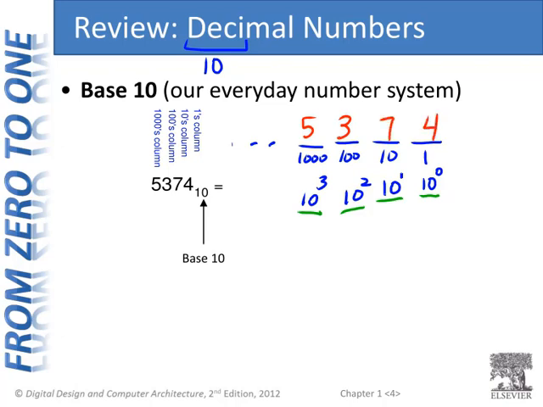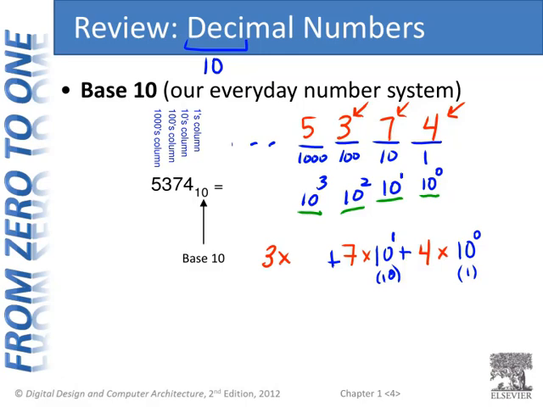So if we wanted to figure out what value this was, we would take that digit and multiply it by the column value. So 4 times, well, what's 10 to the 0? Anything raised to the 0 power is 1. So 4 times 10 to the 0th power, or just, that value is just 1. And then we add it to the next digit times its column value. So 7 times, well, this one is 10 to the 1, or the tens place. So that's just the 7 times 10, plus our next digit, 3,